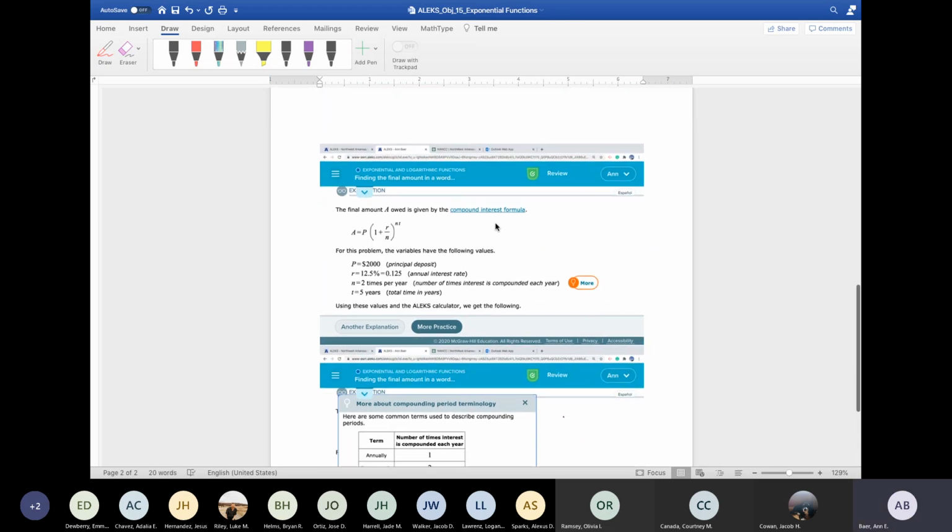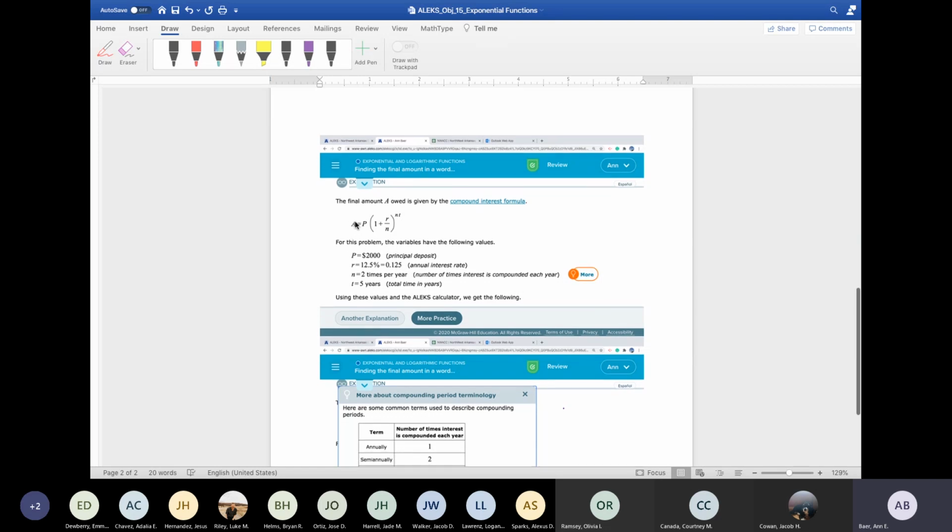So why are we looking at these with respect to exponential functions? Because in the next few objectives, we are going to get to a place where we're going to look at being able to find the time, and that's going to be a variable in the exponent. So we're building ourselves up to that. Right now, all we're finding is A, the final amount. So I'm trying to take you through a series of progressions so that it's easier for you.